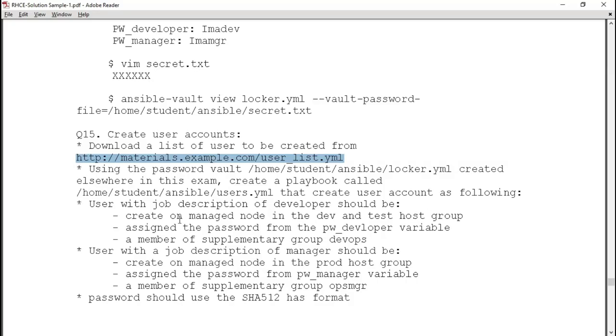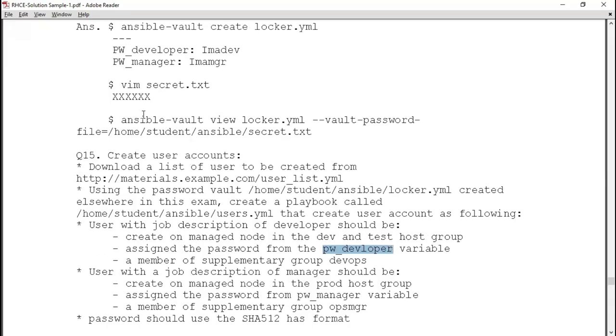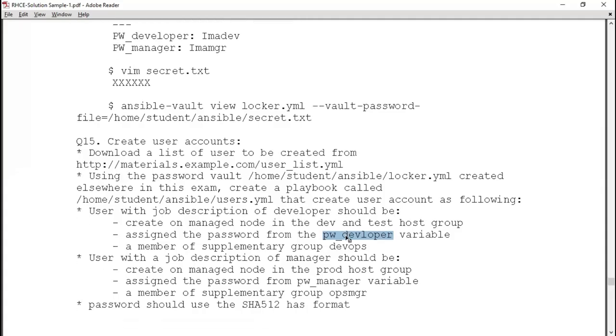Create users with the job description developer on managed nodes in the dev and test host group. Assign the password from the pw_developer variable. But we have capital PW there. We'll make a modification in either place. Either we will put the capital here or change it to a small variable. And the member of the supplementary group is devops.